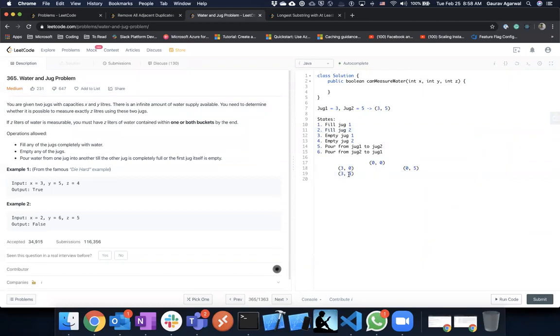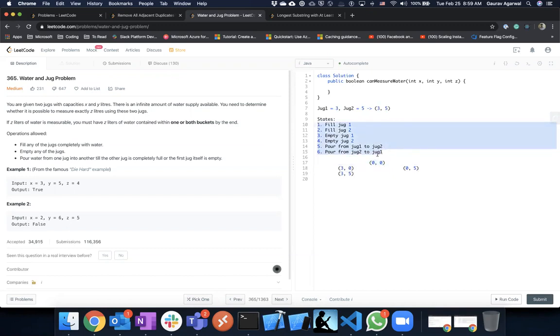But we are just concentrating on the operations from 3 0, not considering the other one right now. We'll move ahead with 3 0 and take the other operation, 0 3. Think of this as a tree. We are traveling down the tree. 0 0 is the root, and it can have two children based on the possible states that we can have in our system.